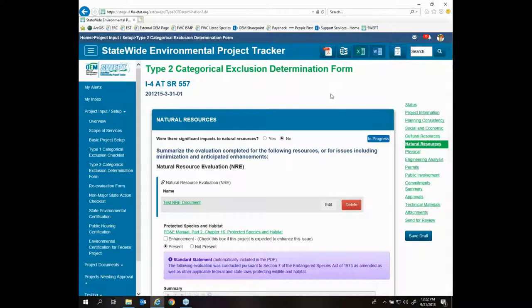Natural resources is an all-inclusive term pertaining to the following topics: protected species and habitat, wetlands and other surface waters, essential fish habitat, floodplains, sole source aquifer, water quality and stormwater, aquatic preserves, outstanding Florida waters, wild and scenic rivers,